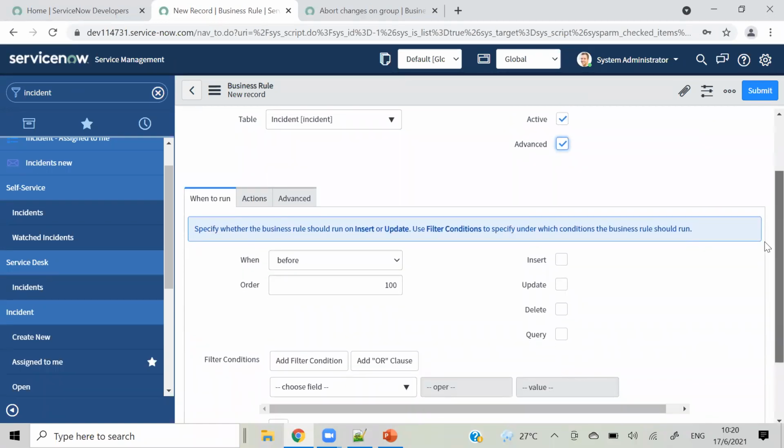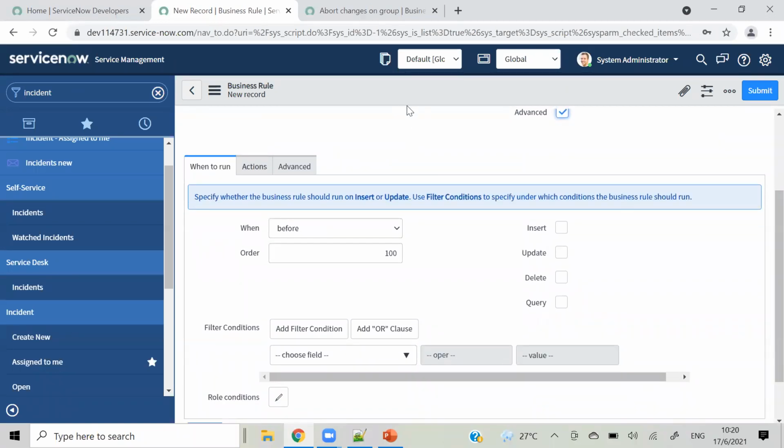So in business rule, like we have seen in client script that we have on change, on submit, on load, on cell edit, right? So in business rule also we have four types. When to run: before, after, asynchronous, and display. These are the four types of business rules.